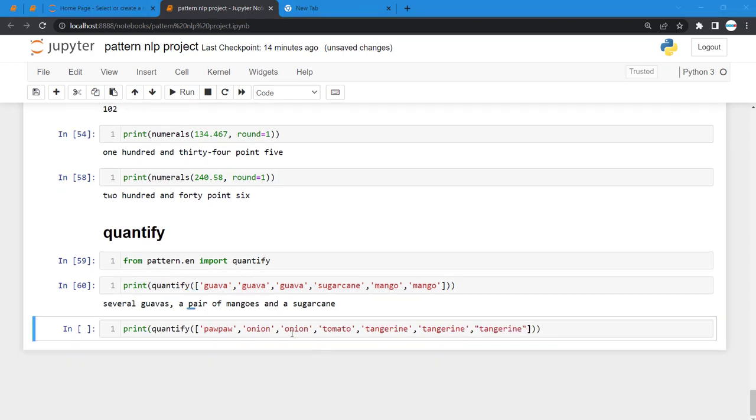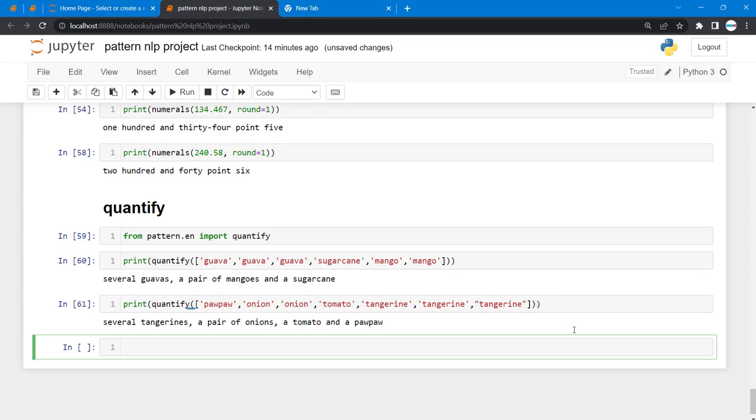Okay, so welcome back, and then you can see I have one pawpaw, two onions, a tomato, and then three tangerines. So let's run this and let's see what happens. So we have several tangerines, a pair of onions, a tomato, and then a pawpaw. Okay, so this is what the quantify function in the pattern library